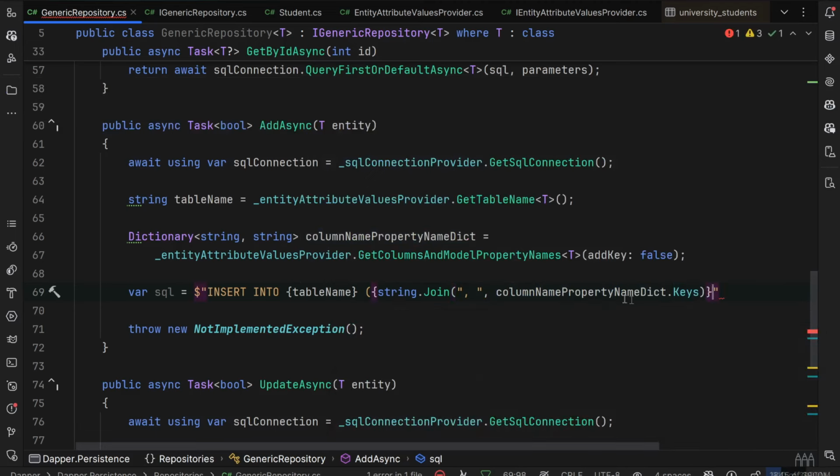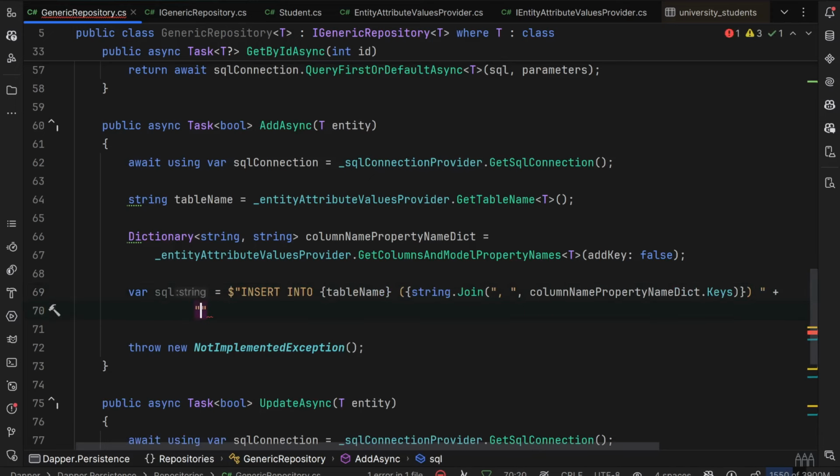So as you remember, the keys in that dictionary, so as is actually called, so is the column name and then property name, so all the columns, so what is defined in the database actually. So we'll take all of those columns, but we are excluding the key, so we will not assign any ID in that case. I will just use the parentheses as well, and then I'll just type values, and the values we have also joined somehow,